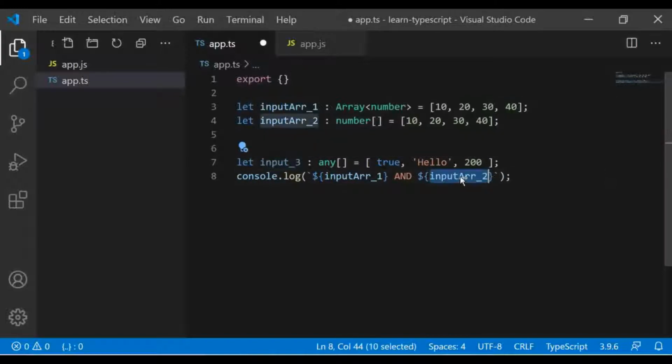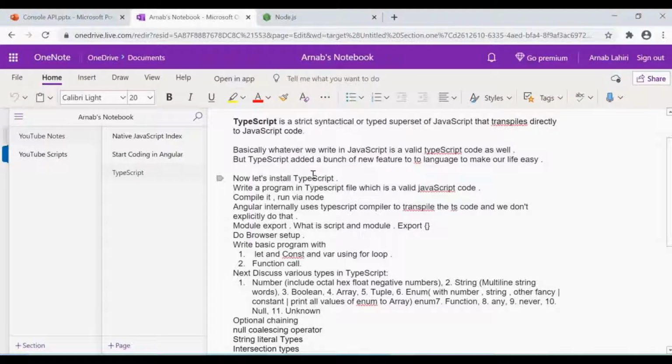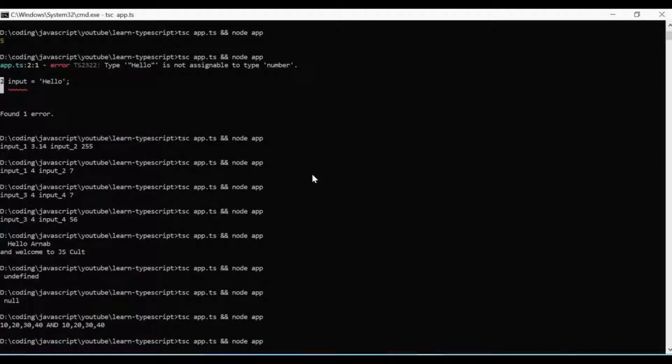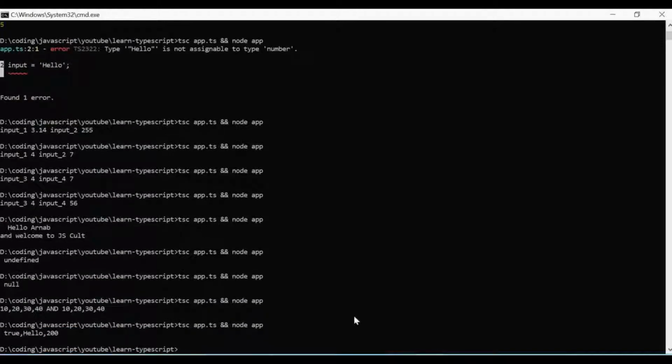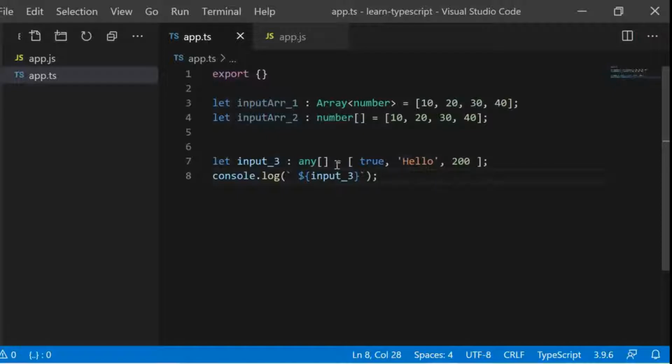It will not complain. See, but this is not at all recommended because you don't know what is the type of the data it is accepting. Okay, and it may cause a lot of issues.